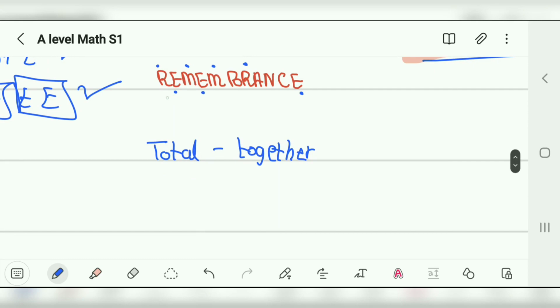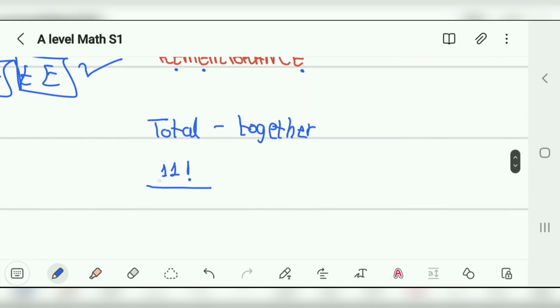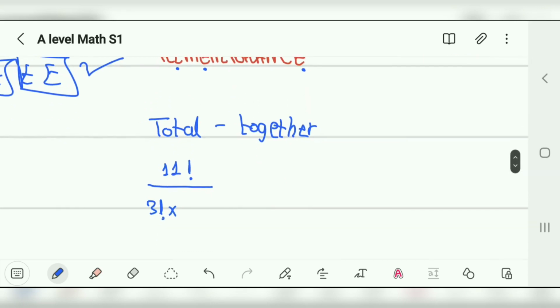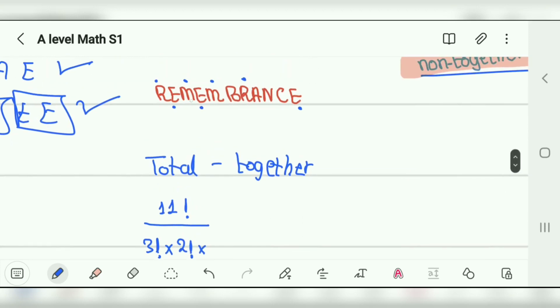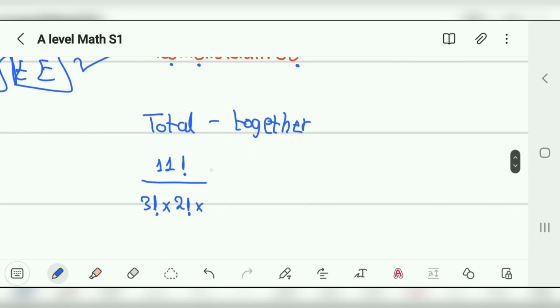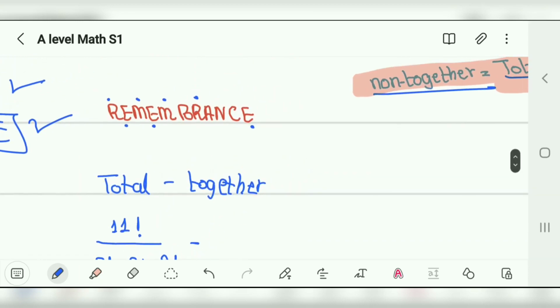Okay, so 11 factorial upon how many E's? There are 3 E's, so 3 factorial, multiplied by, there are 2 M, so 2 factorial, multiplied by 2 factorial for the 2 R. Okay, so there are 2 R and 2 factorial, then minus, and now we are assuming that all these four